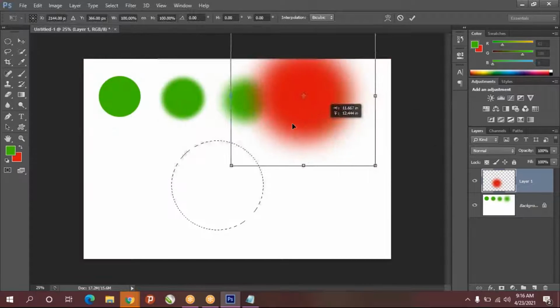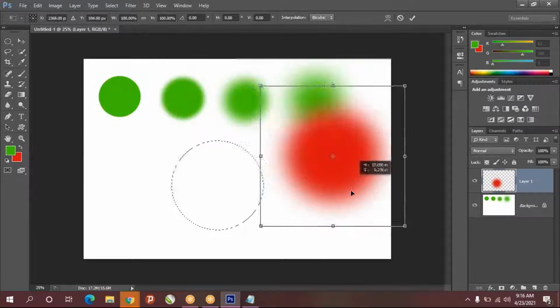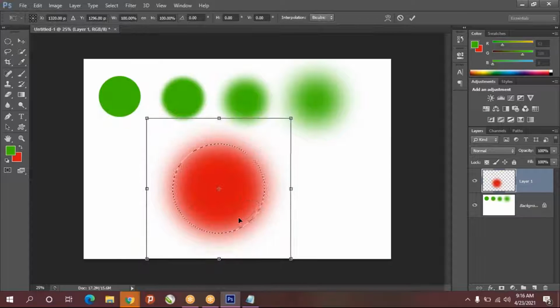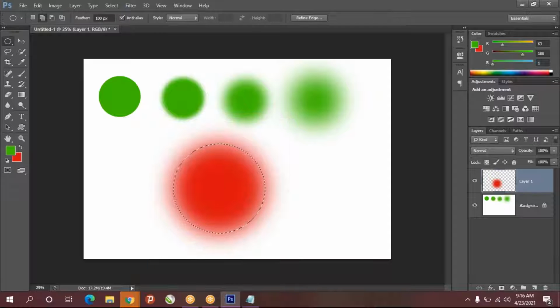See, you can move anywhere you like. Press enter to come out of transform control and Control D for deselect.